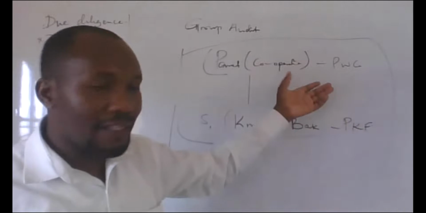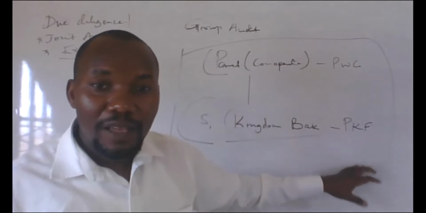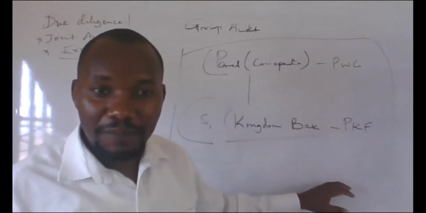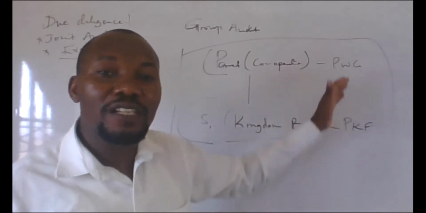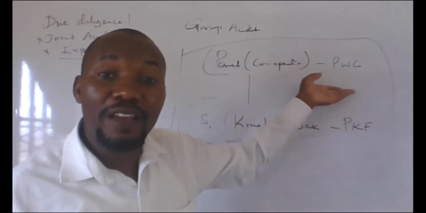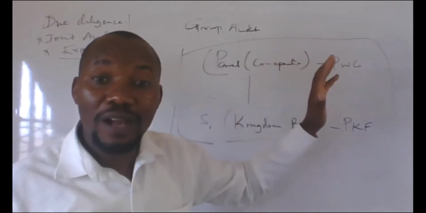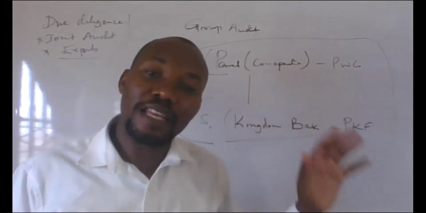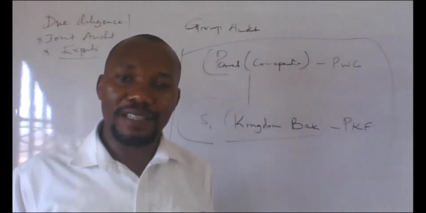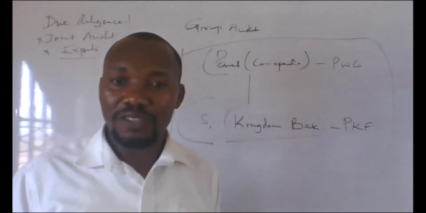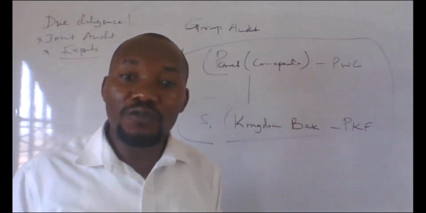Remember, when you have group audit, PwC, when his team is here, they want to show that they are perfect. PKF also want to show that they are perfect. The audit procedures and the quality review procedures, they want to do it thorough so that they don't be undermined by the co-partner or the other team, the joint partner. They don't want to be the ones who are seen to be doing a less quality job. So because of that, people try to do it to the best. They become efficient. So the quality of work is also better when it is group joint audit, because you don't want to do lazy job.